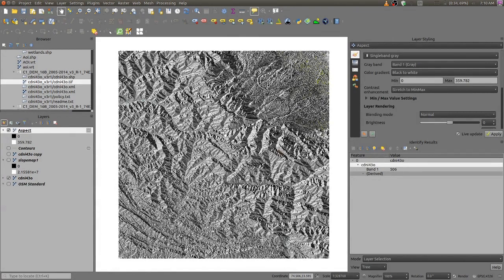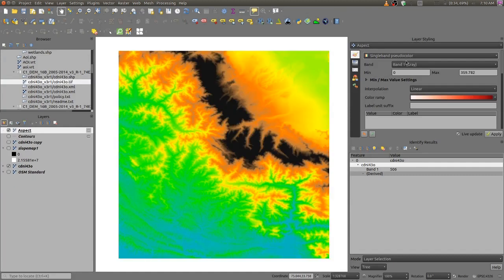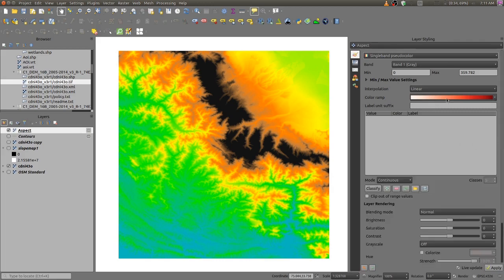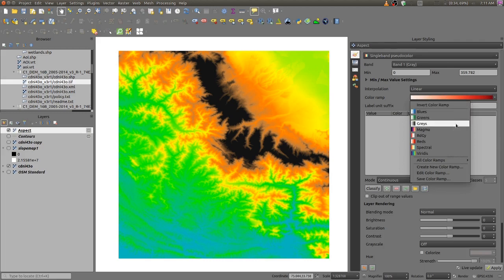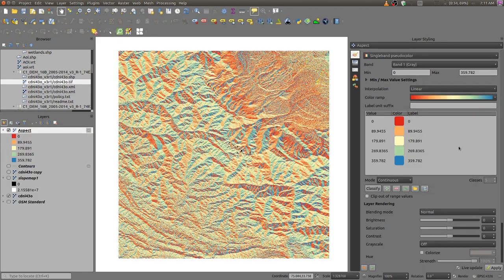We can even color this by going to this layer styling, going to single band pseudo color, and here you can have a spectral. See, this is the visualization of aspect.